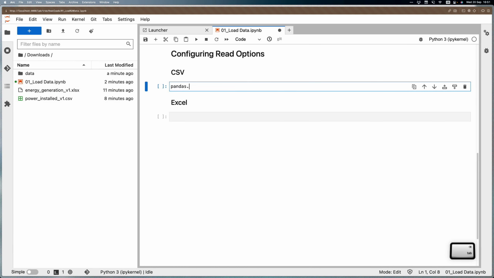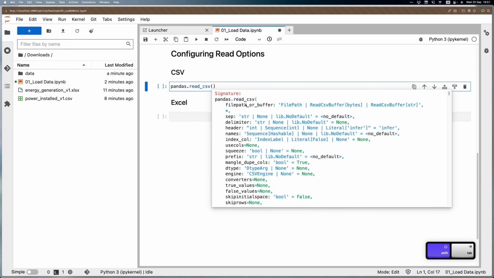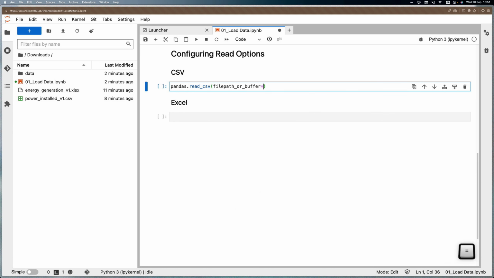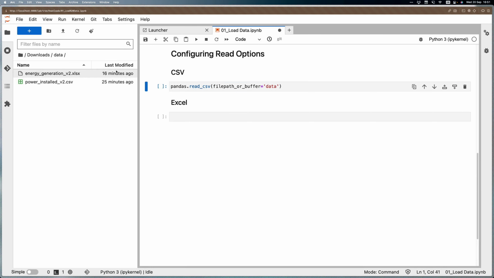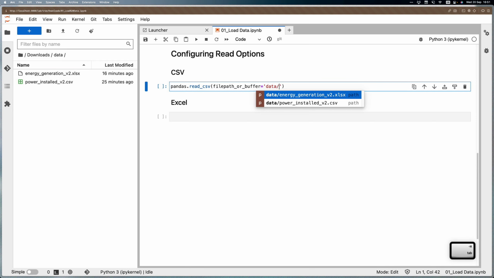The same way, we look for the function CSV, we place the parameter, file path or buffer, and here, between the quotes, we access data, and to get inside the folder, we need to place the bar. We press the tab button, and there we can see the two files, in this case